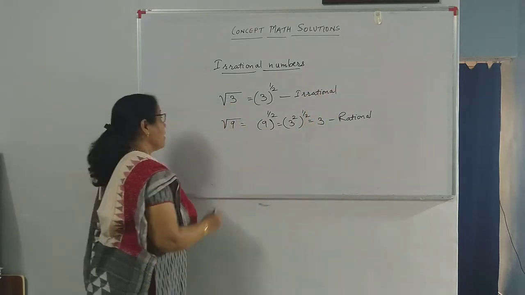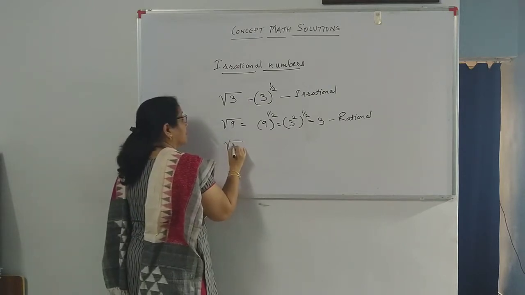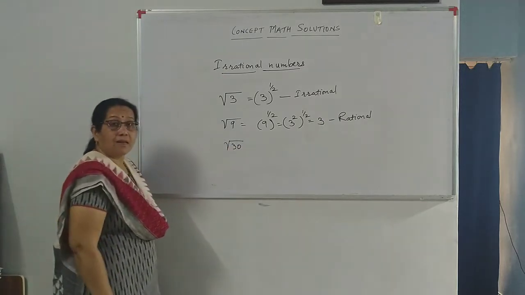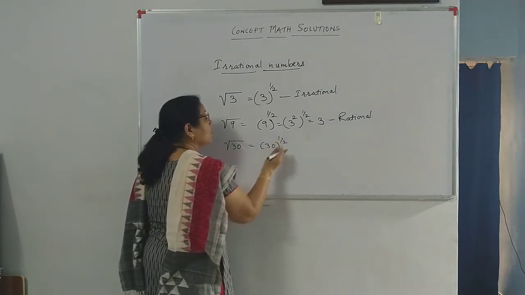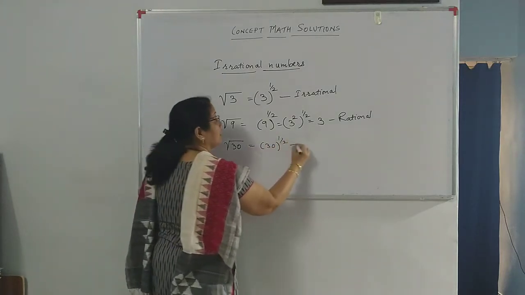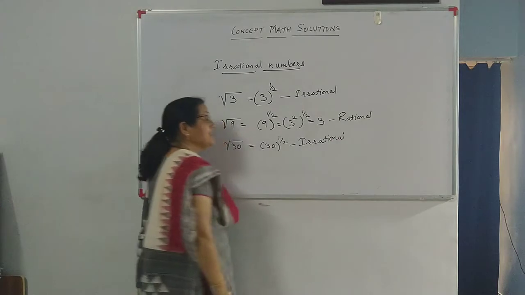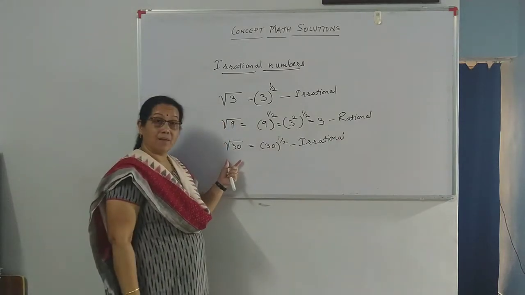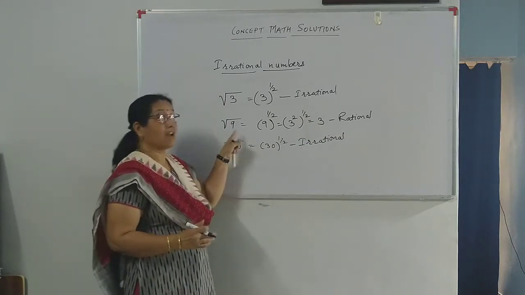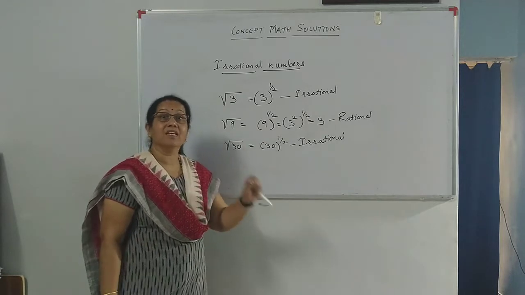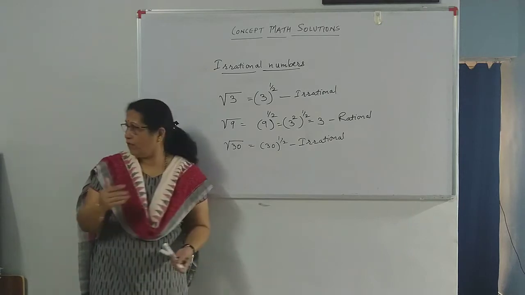Yes? If I have, say, root of 30. Now 30 is not a complete square. That's 30 to the power half, and you cannot further simplify it like this. So that is again an irrational number. So irrational numbers are numbers like root 3, root 30, root 7, root 8. Root 9 is rational because it is 3, root 16 is rational because again it would be 4. All these irrational numbers, if we go for simplification,